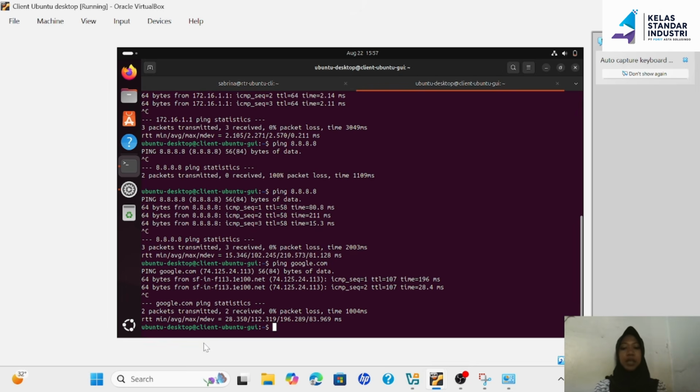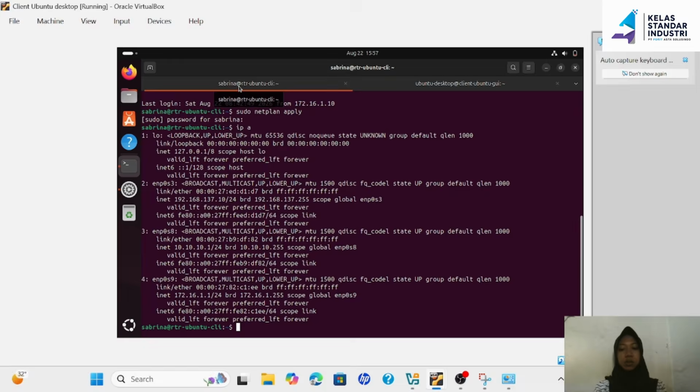So the point is, can the IP address that we receive automatically become permanent or fixed? The answer is yes. Later, the IP address will still be assigned automatically, but it will already be fixed or static for that client. Okay, let's go to the Ubuntu router.